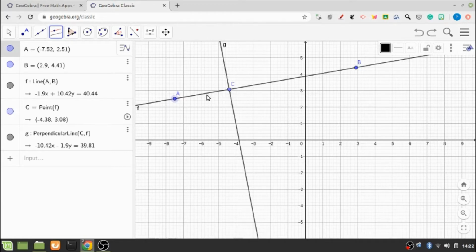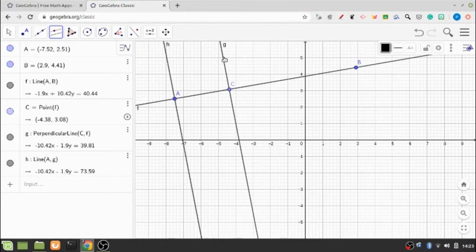I have two options for making a parallel line here. This is the first option, line F, or else I can make a parallel line to this line G. On whichever line I click, suppose I click on this G, at once you see that a parallel line has been generated called H, which is parallel to this line G.